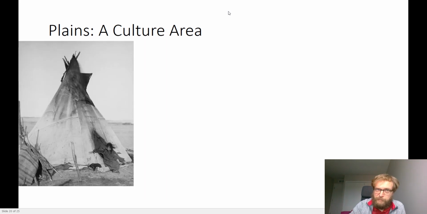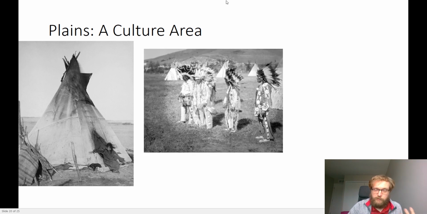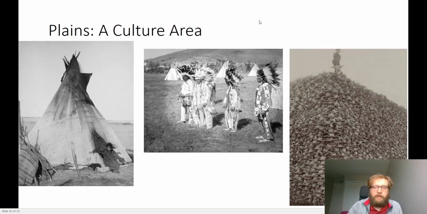It seems to be a culture area. It showed up on that map that we showed in the beginning of this video. A lot of groups use teepees out in this area. There are a lot of interesting uses of feathers, and a mode of dress and mode of living that a lot of people consider to be just regular native is actually unique to the Plains area or shared by Plains people. There's a reliance on buffalo traditionally in this area, many of which were eradicated by the United States government.